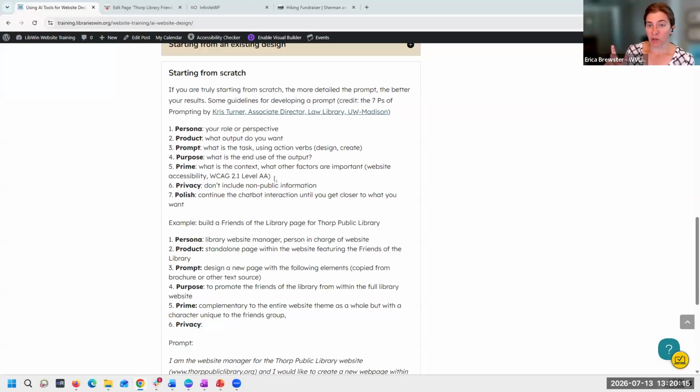The prime is also an important piece because this is where you can add that extra context that you want to be specific. And in this case, I want this to be something that is complementary to the entire website as a whole, but stands out with a unique identity of the Friends of the Library. And this is also one of these places, the purpose or the prime should be the place that you want to talk about the